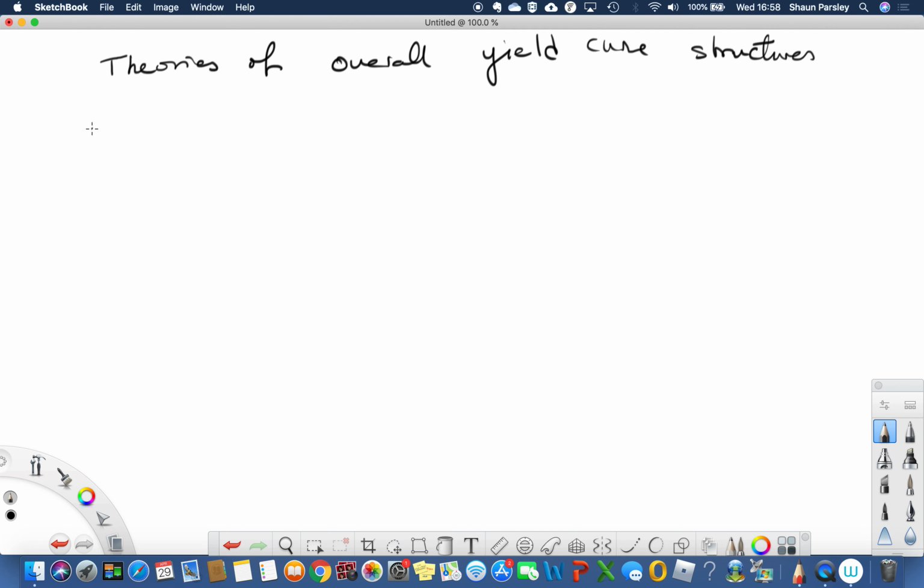So, theories of overall yield curve structures. This is easy marks if it comes up, as long as you can remember them. So you probably remember from your revision, there's 3 theories: expectations,